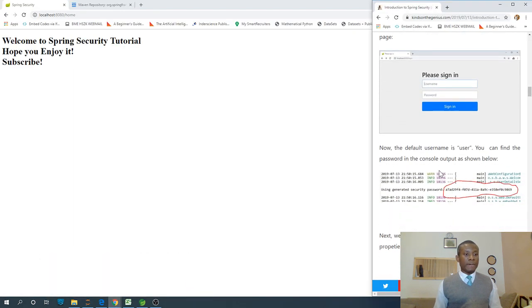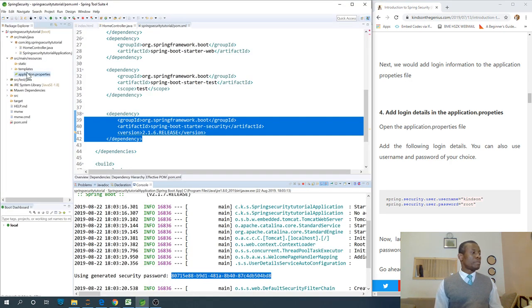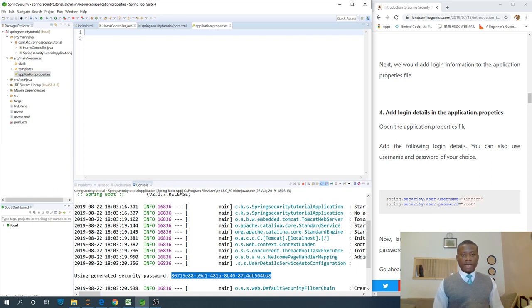So this is where we are. Now we need to add login details to the application.properties file. What it means is that instead of using the Spring Security username and password, we are going to add our own username and password to the application.properties file. So we are going to come here, go to the application.properties file, and you can say